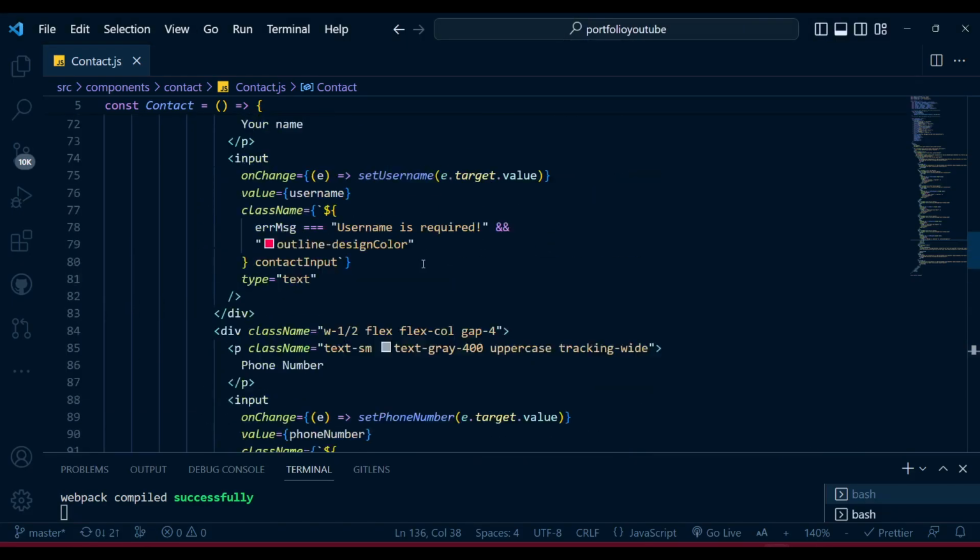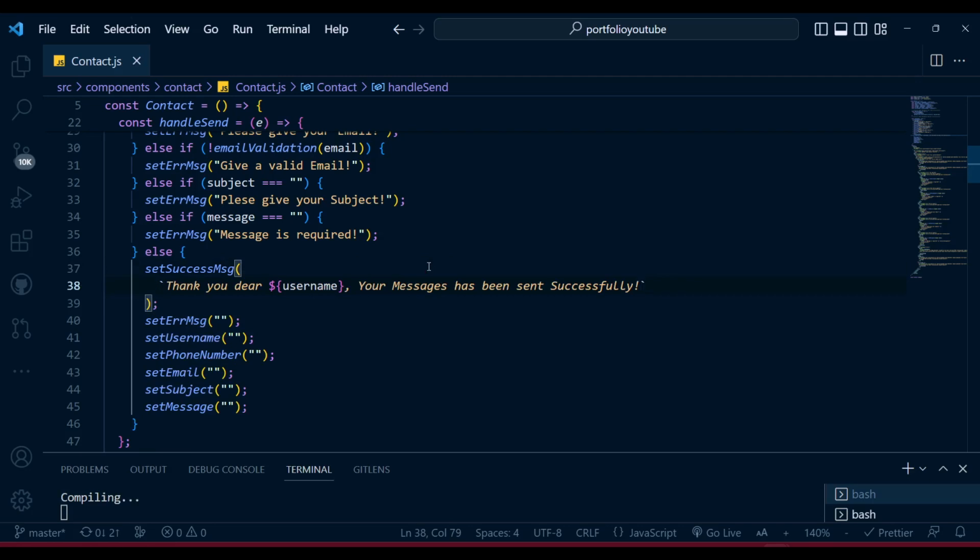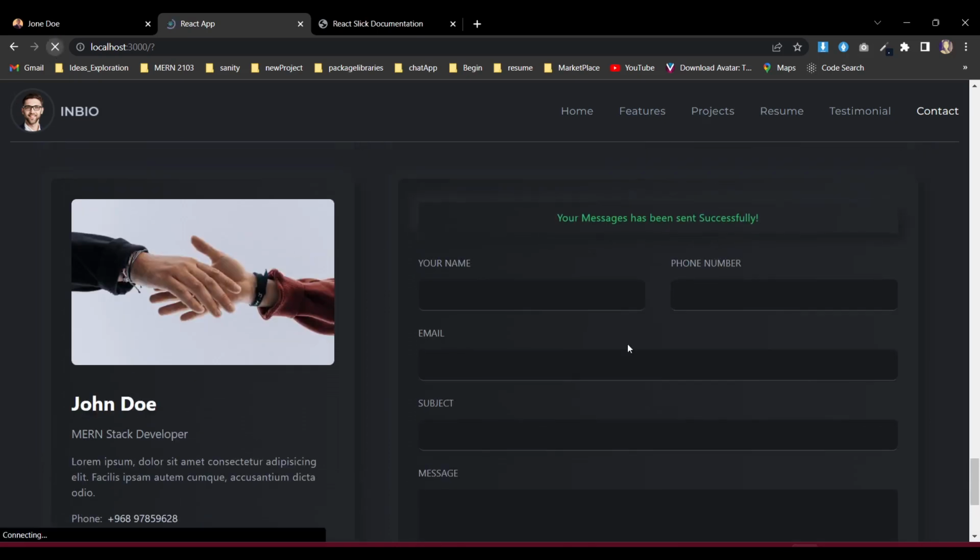We can create something else here, right? Also, we want to keep the username here. Okay, we just cut it. In the same way, we will keep a functional component, like username. We will give a message for him, thank you, there. Then the username will show up there, then the message will come. So it will be the thank you, then the username, and then it will give us the message. So now if we save it,